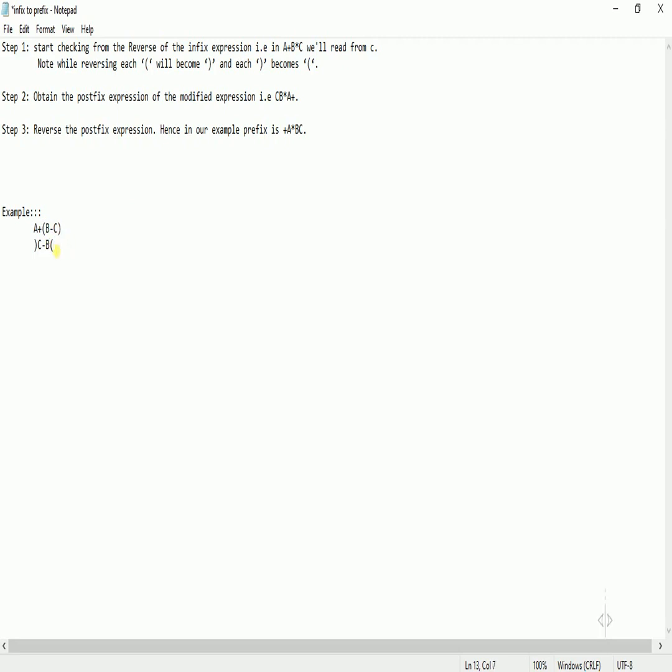In our previous video, if we were evaluating from this start, then this is our opening parenthesis, this is our operand, this is our operator, this is our operand, and this is our closing parenthesis. But we are reversing, so we will say that this is our closing parenthesis and this is our opening parenthesis, and then it will evaluate this plus sign which is here. Then it will check A. Okay, this is how it works.